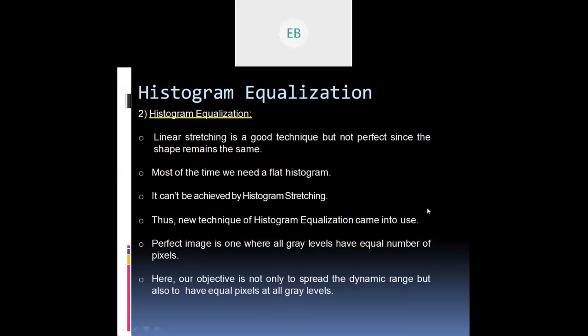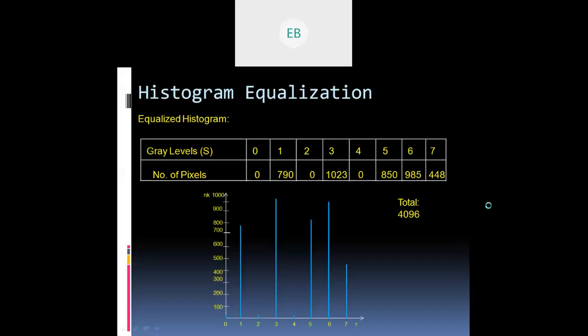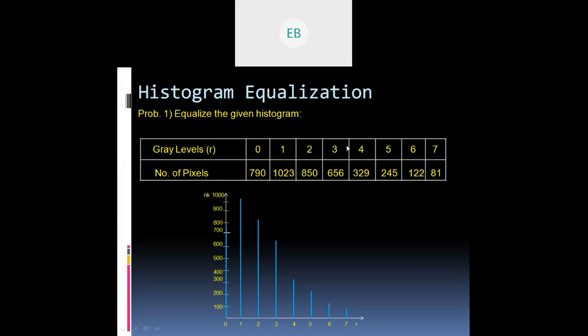Now actually I have another sum, but we have only 5 minutes left, so that sum is this. Okay guys, just take down the sum. I'll explain it accordingly. This is a very easy sum. This is actually a very important sum. This comes for 10 marks in your exam. That is, equalize the given histogram.